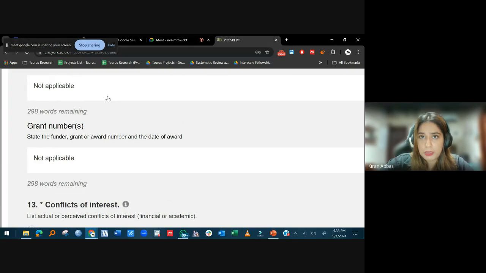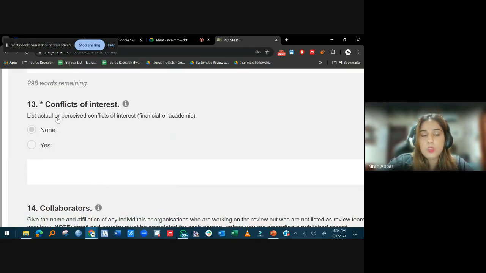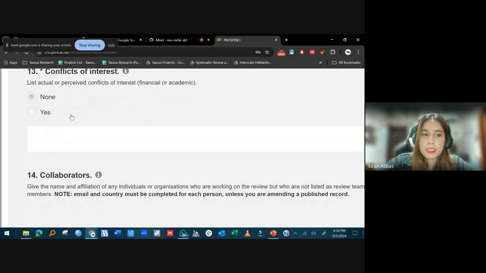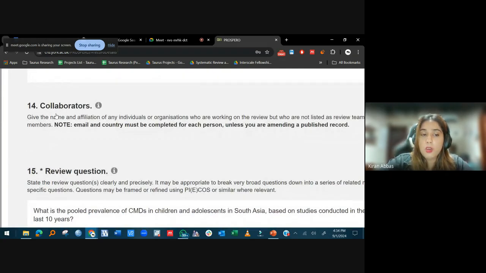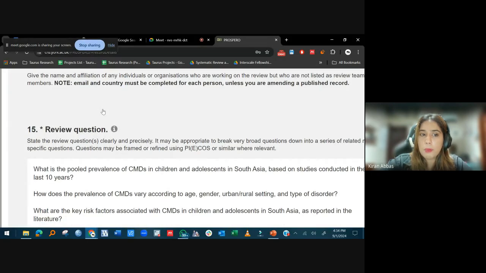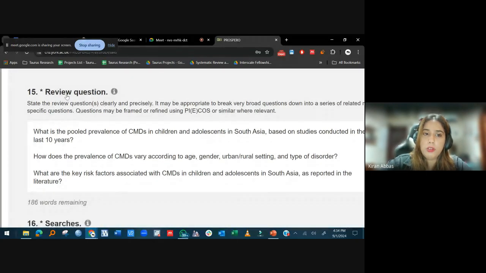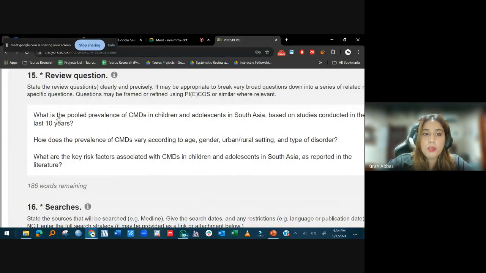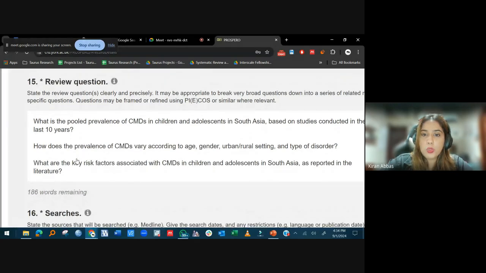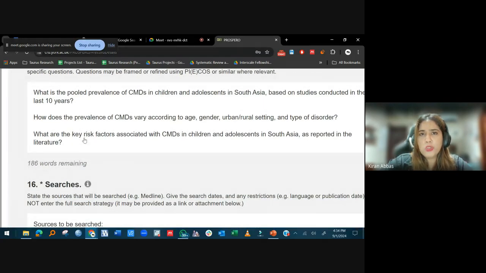तो मैं वहां पे फंडिंग डिटेल्स लिखती और फिर ग्रांट नंबर भी मुझे लिखना पड़ता, ठीक है। तो वो नॉट एप्लीकेबल था, तो मैंने नॉट एप्लीकेबल लिख दिया। यहाँ पे कॉन्फ्लिक्ट्स ऑफ इंटरेस्ट, एज आई सेड, आपने नन डिक्लेयर्ड करना है। कोलैबोरेटर्स आपके कोई है नहीं, तो आपने आगे रिव्यू क्वेश्चन पे चले जाना है, ठीक है। रिव्यू क्वेश्चन मेरा ये था, ठीक है, ये रिव्यू क्वेश्चन आ गया।